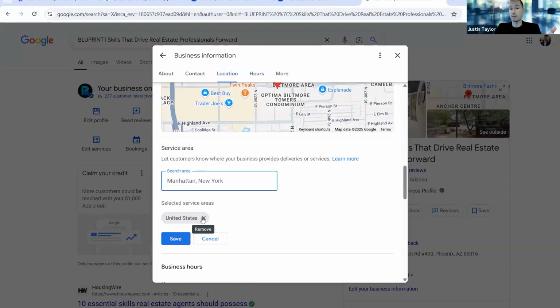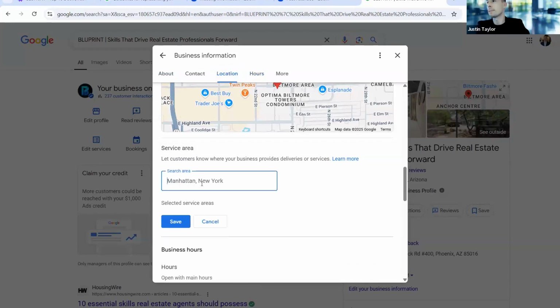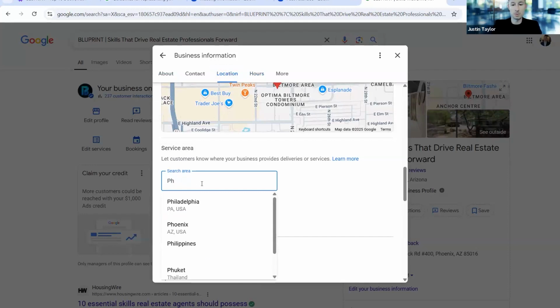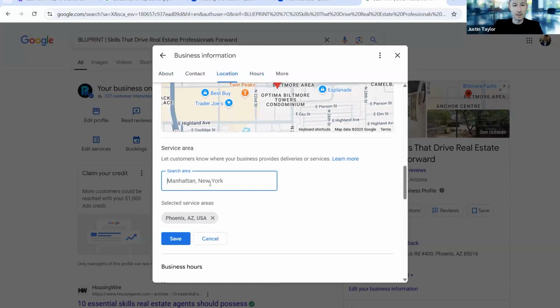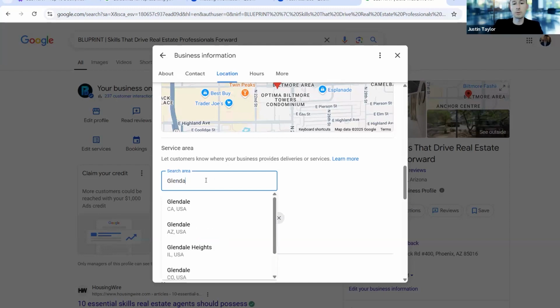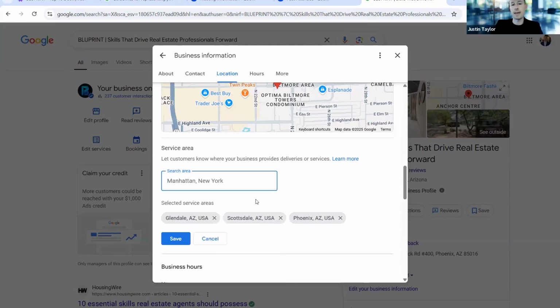So this, I have United States because we train and coach nationally. But if I were an agent and I'm in, I'm going to go with Phoenix, just because I know it so well. Phoenix, and then maybe, and same for Vegas guys. So if you're Summerlin, Henderson, you're going to add all those in. Maybe I also serve Scottsdale. Maybe I also serve Glendale. All those different areas. Okay, so you can virtually add as many as you want.